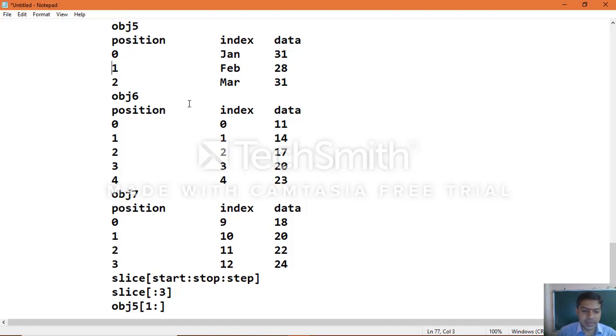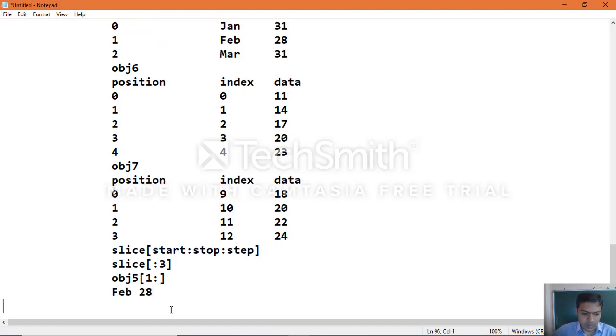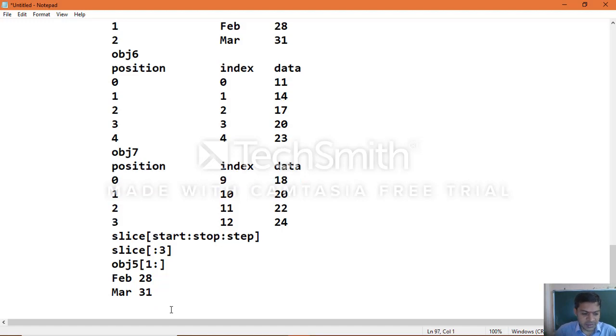So 1 and 2, and you will get the output as Feb 28, March 31st.